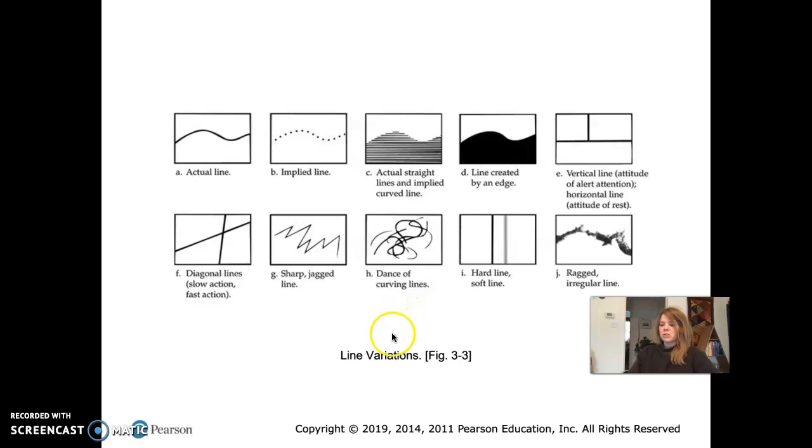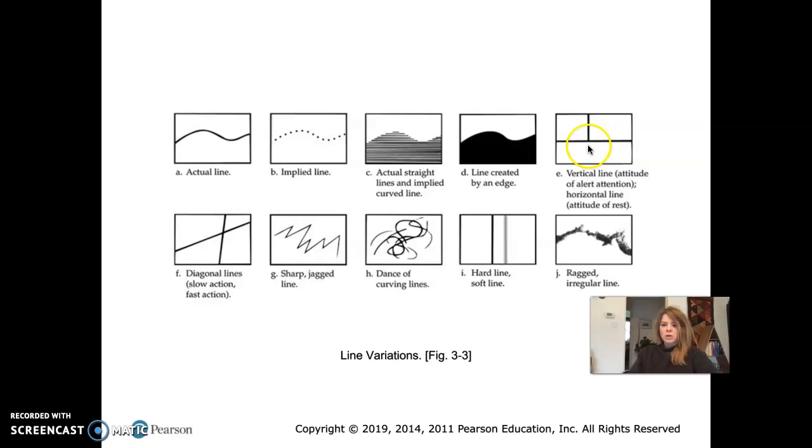So here's some line variations. This is a diagram here. So here's an actual line, an implied line. So this is not a real true line in the fact that it's a series of dots, but it's an implied line. The line is implied here. So these are straight lines that imply a curved line. So they're all stacked in a way that creates this implied curved line here, because there's not actually a line that's curved here, but it does imply a line. So line created by an edge, so the edge of the black or the edge of the white creates a line. Vertical line,